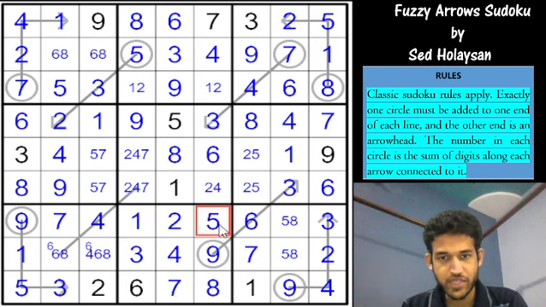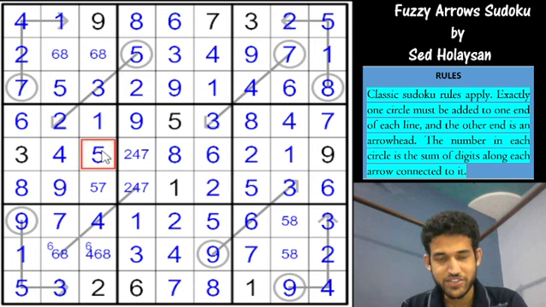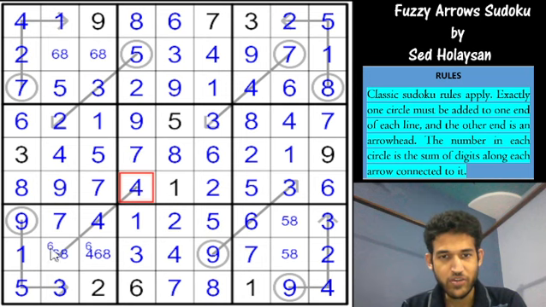Which means this is a 1, that is a 5, and that 1, 2 is resolved. That gives me a 2 here, which resolves this 2, 5 here, which resolves this 5, 7 here. This is a 4, 7 pair, which means that this is a 7, this is a 4. And now we know that this cannot be the arrow circle. So this would have to be the circle. And that finishes off this Sudoku